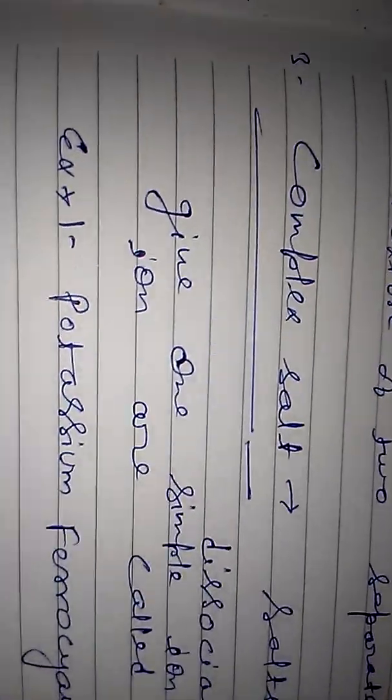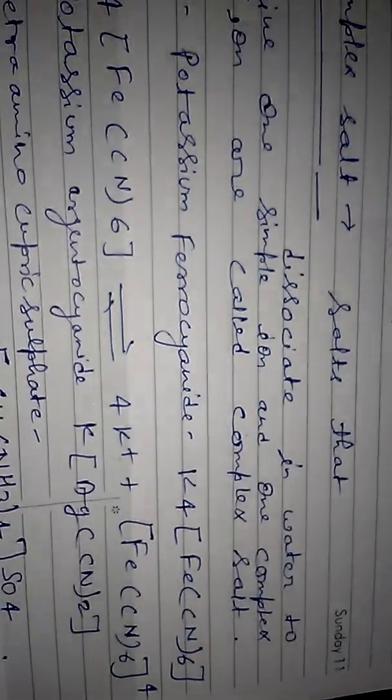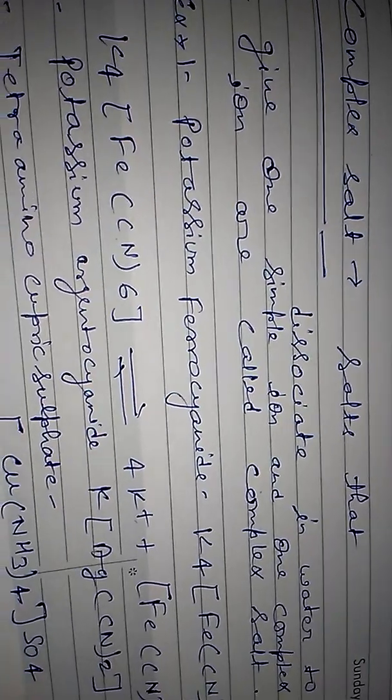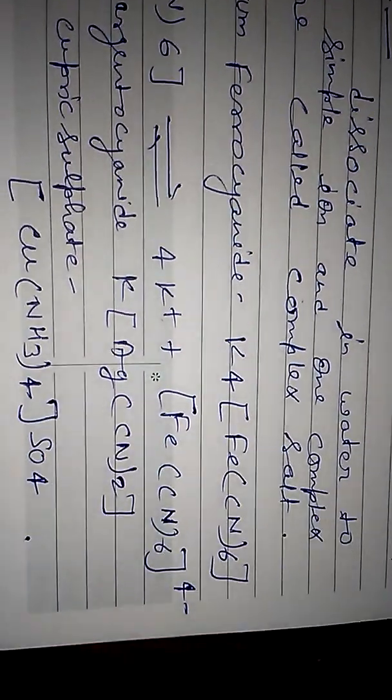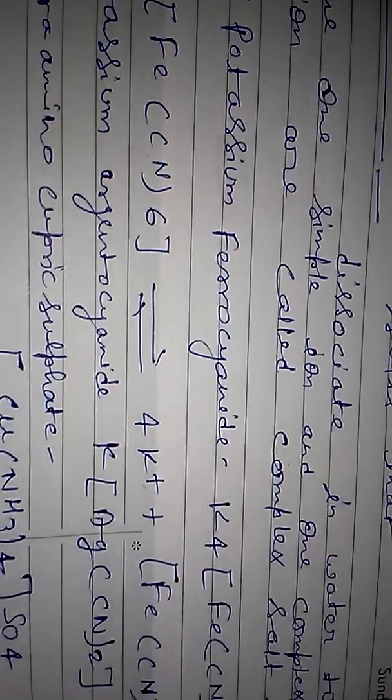Now, the third salt is complex salt. Complex salt is also a very important salt. Salts that dissociate in water to give one simple ion and one complex ion are called complex salts. Here you can see the first example is potassium ferrocyanide. Its formula is K4[Fe(CN)6]. When this potassium ferrocyanide, a complex salt, dissociates in aqueous solution,